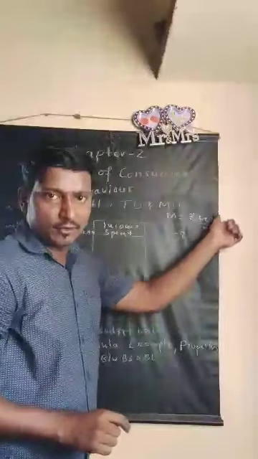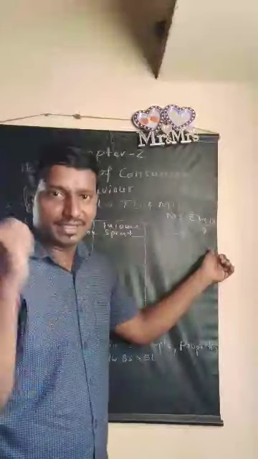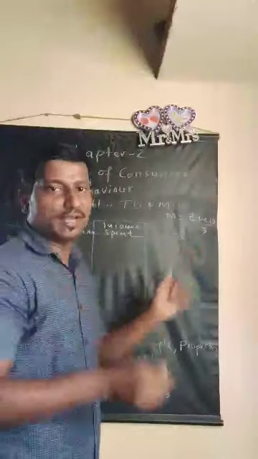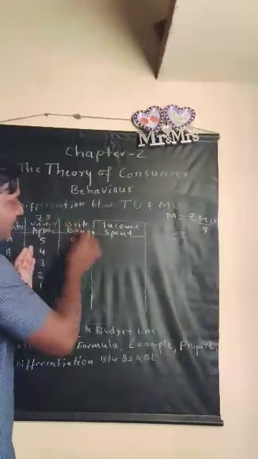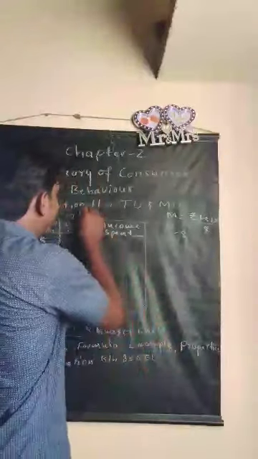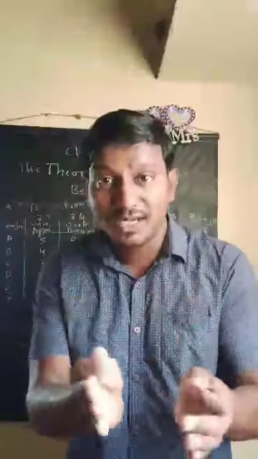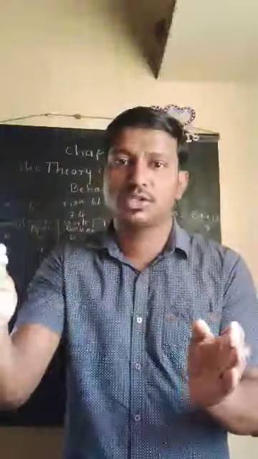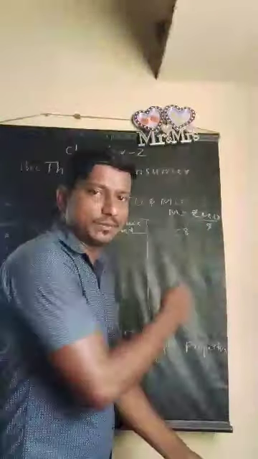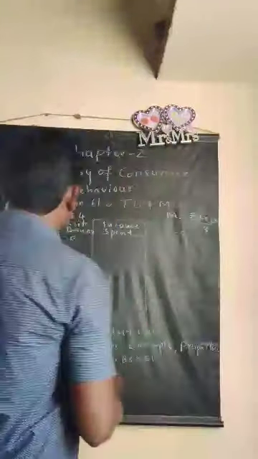How does it come to 8? The total income, 40, divided by the quantity I am going to purchase in the first combination, that is A. The 8 rupees is the price of apple. Half of this will be the price of banana. Half of 8 is 4. Why did I take half of this? Because the total income must be equal to the total cost, that is why I took half of that. With this first combination you will understand, and later you will come to know very easily.